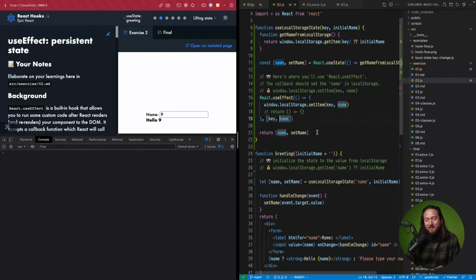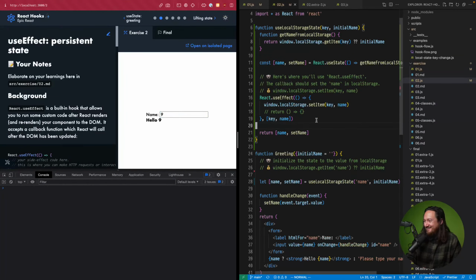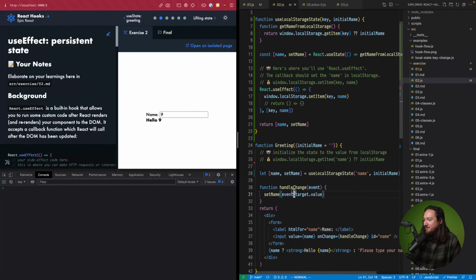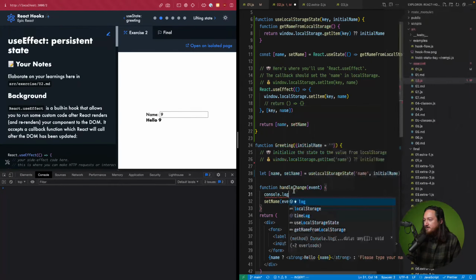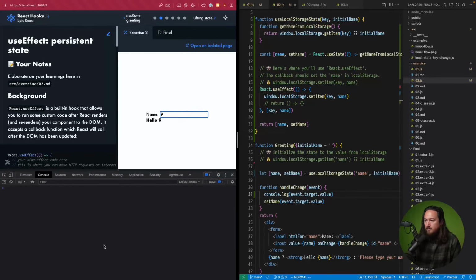What was I doing? Okay, so I want to log this one out. Console.log event. Except I wanted the type of, that's what I had before. Type of